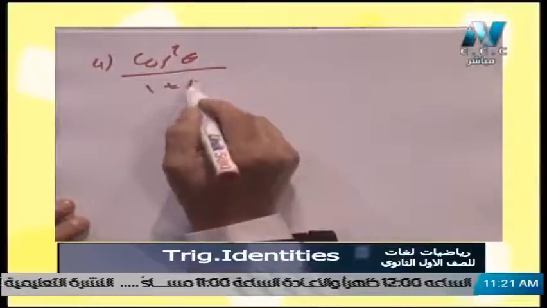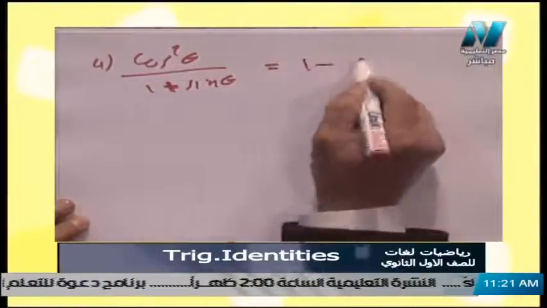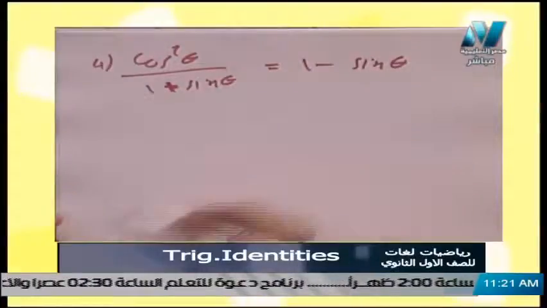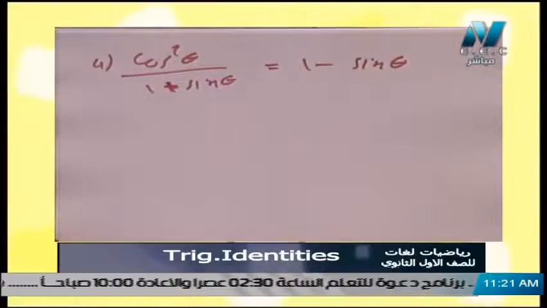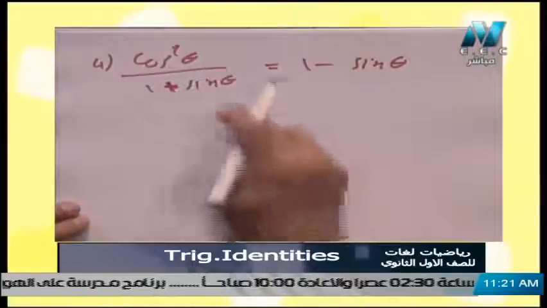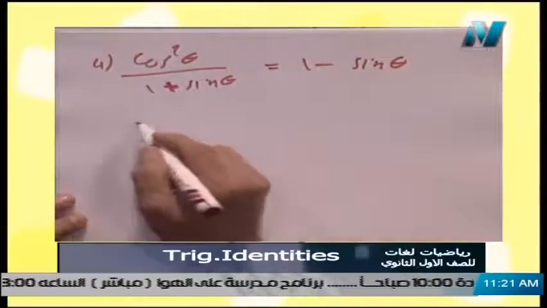Number 4, we have cosine power 2 theta over 1 plus sine theta. We would like to prove this part equals 1 minus sine theta. Let's use the left hand side. It's easy to prove the right hand side. We have also that